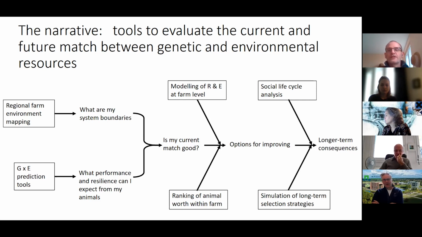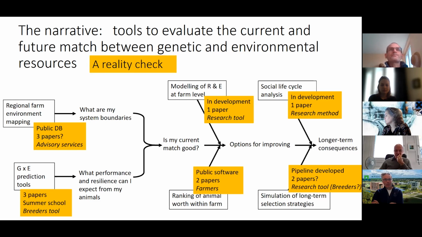I did want to bring a little bit of reality to this. So basically over on the left-hand side, these were work packages that started earlier. So we have real concrete results. We have a public database and papers published on the environmental mapping. And this is a tool which I would suggest these databases could be picked up and used with a little bit of adaptation by advisory services. It's the same for the genomic tools. There are a bunch of papers, there's a summer school planned, and these would be fairly rapidly tools that breeders